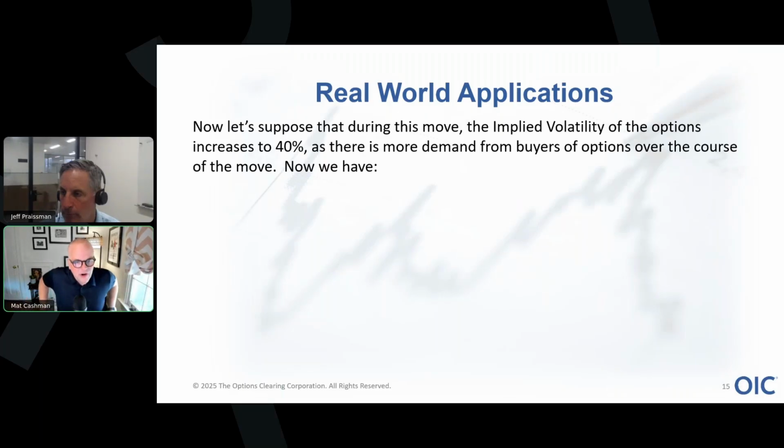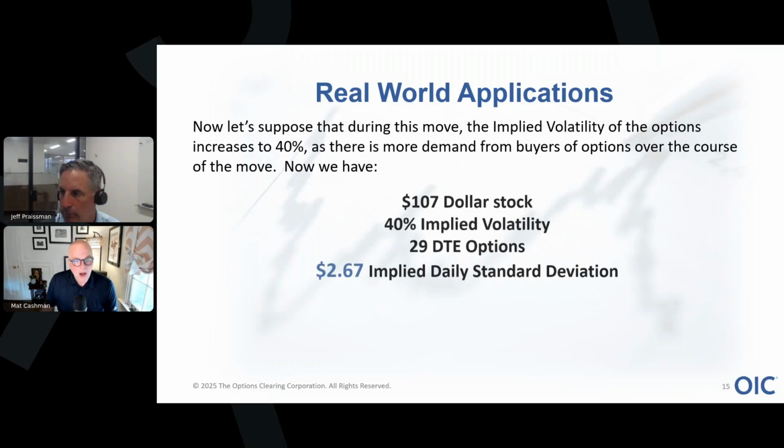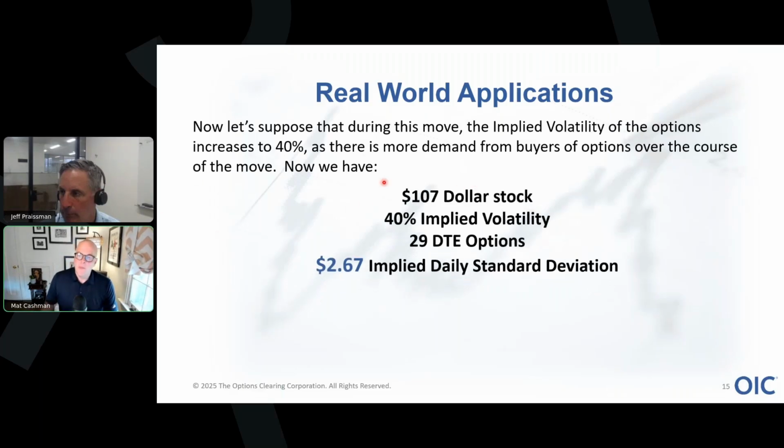Now, there's more demand for options. Obviously, that's part of the reason why the implied vol is going up. Now we have, remember, $107 stock, but the implied vol is now 40. We have 29 days to expiration because we're on to tomorrow after the news has come out. And what is our new standard deviation? Do the math,